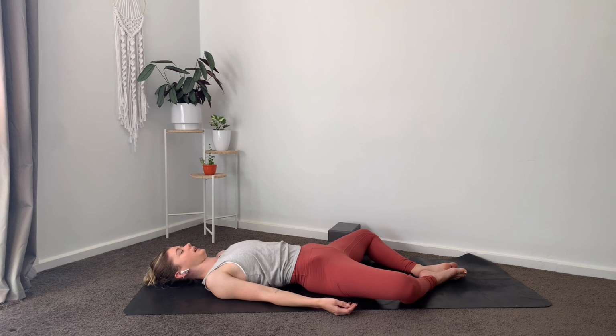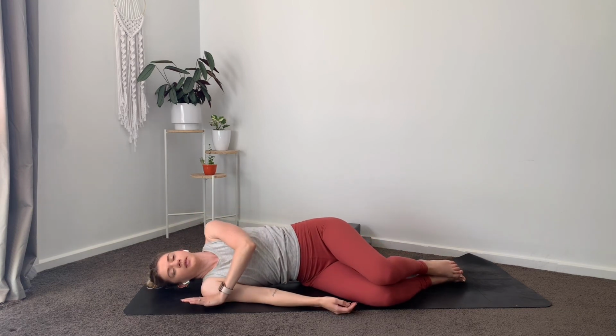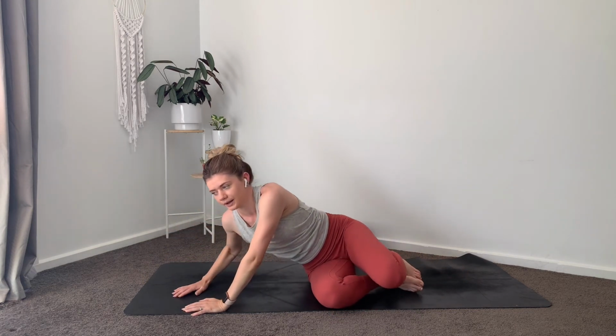So you can stay here for as long as you like. Or if you're ready, just rolling onto your side. Slowly coming up to a seated position. Resting your hands on your knees, roll your shoulders back. Inhale, sweep your arms above your head,